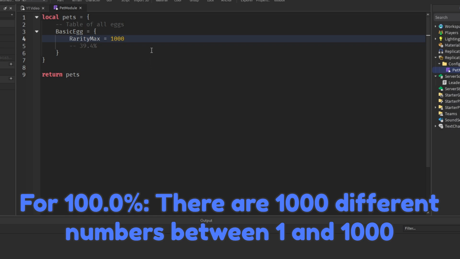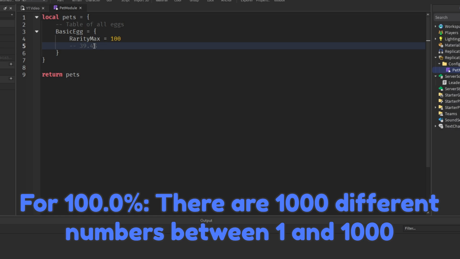So if you imagine a number being out of 100, so in terms of integers, so you've got 1 out of 100. I'll try and put it on the screen. 1 out of 100. You have 100 possibilities there. If you have 100 numbers, you have 100 possibilities, hence the rarity max being 100. If you're adding a 1 decimal place, you've suddenly multiplied the possibilities by 10, because you now have